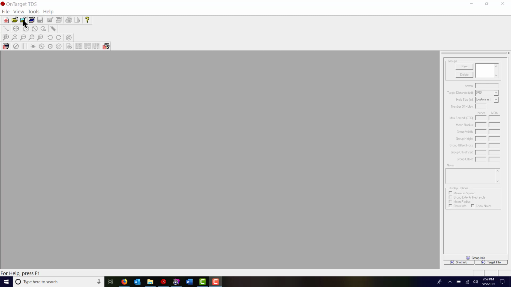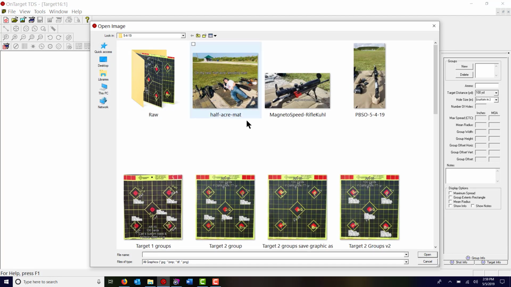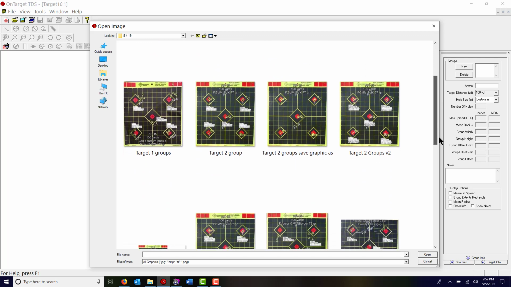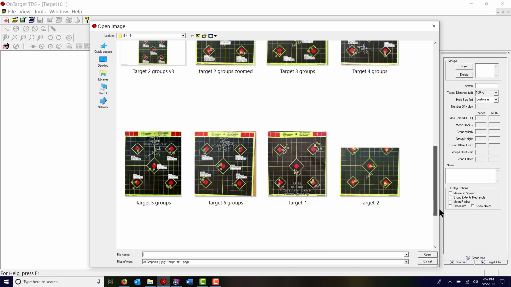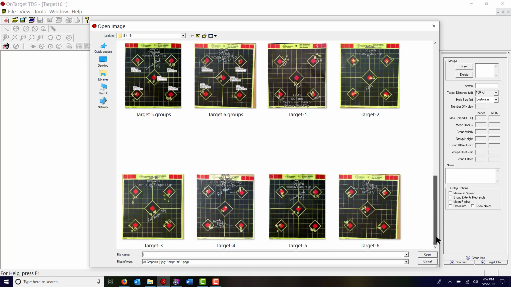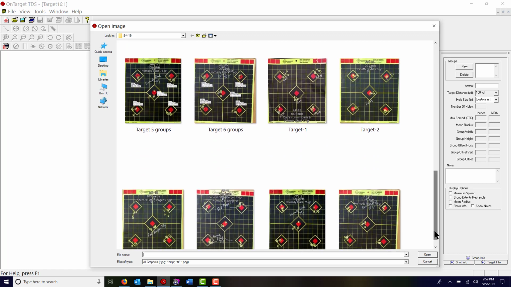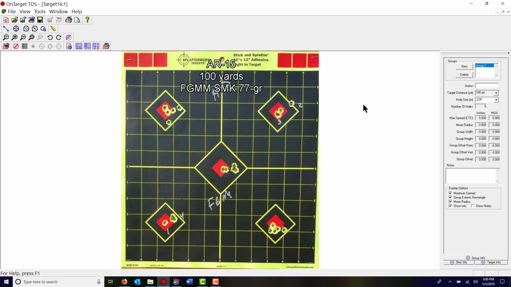So I'm going to click on the Open Image button here on the top left, and that's going to bring up the most recently accessed folder. And I've already done these targets, but I'm going to bring up one just to use as an example. And let's see, we'll pick this one right here, and I will go through marking these groups. So the first thing I'm going to do is zoom in a little bit,